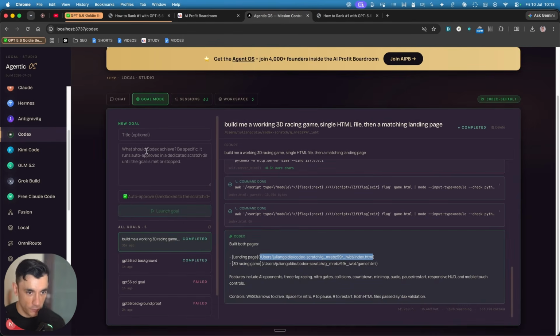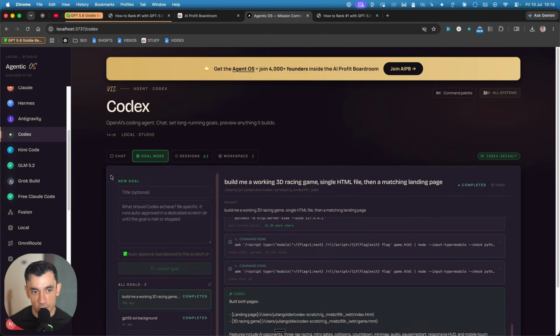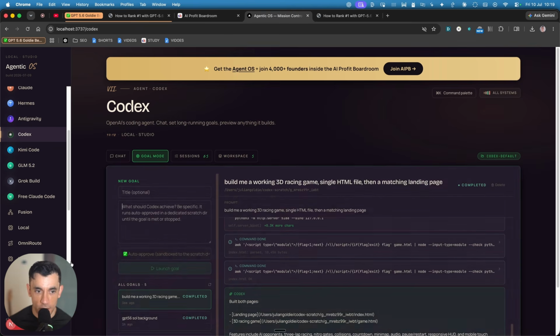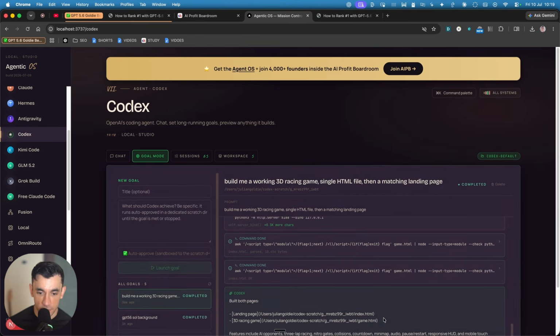And it can all run autonomously in the background. So the way that goal mode works here is that you can give your AI agent a goal. It will loop around and keep working on that task until it's fully completed and deployed locally, as you can see right here. So the great thing about that is that we could say, okay, create content for my website